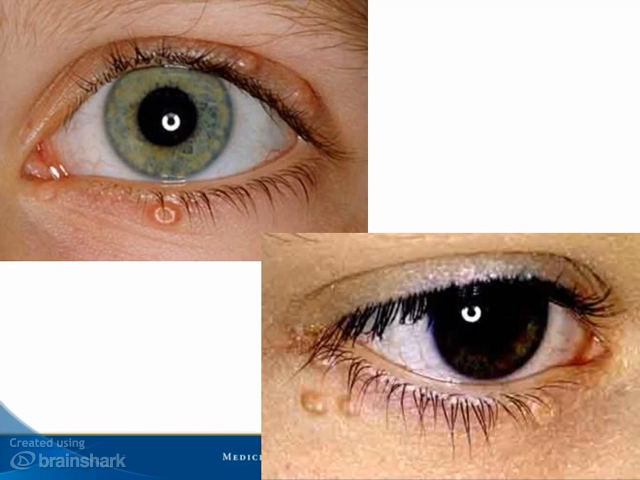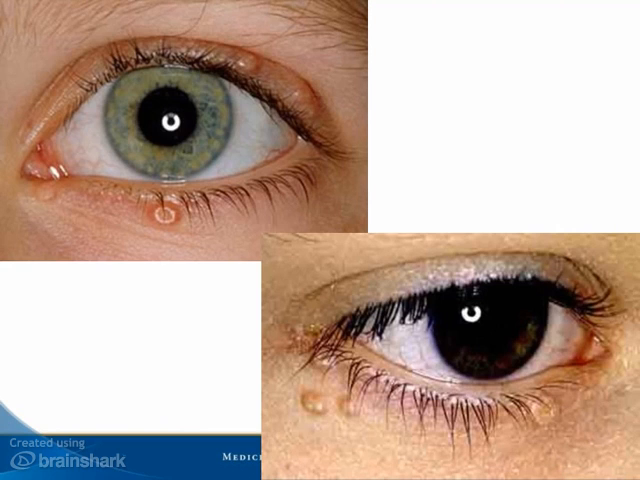Molluscum is a fairly common lid disease as well. It's due to a virus. These can cause conjunctivitis if the virus is shed onto the eye. Management can be conservative or surgical. Surgery can involve either curetting it out, applying cautery, or some people even advocate using clear nail polish to get